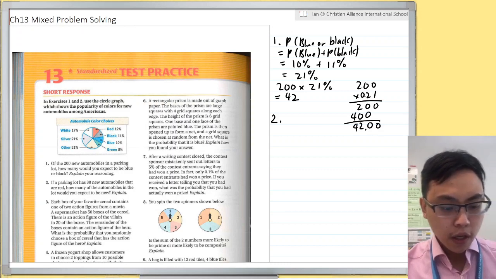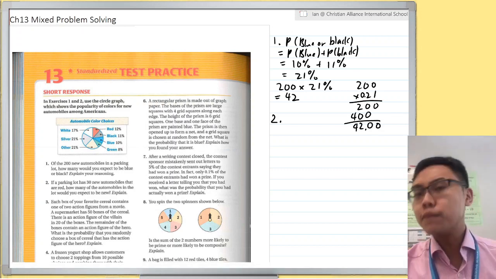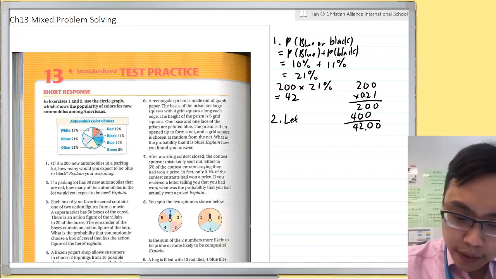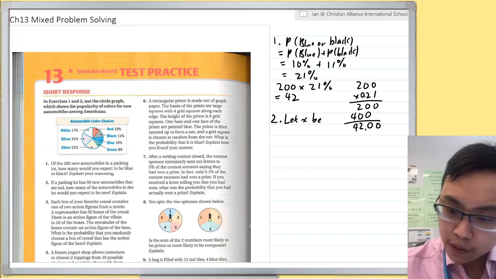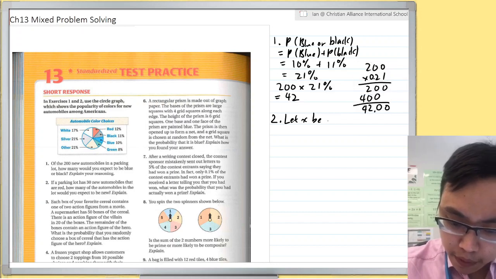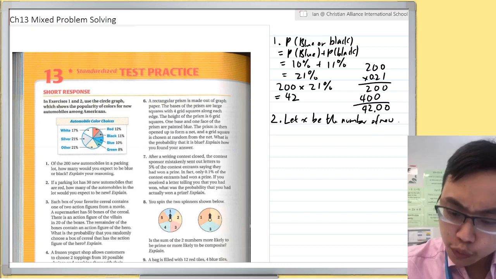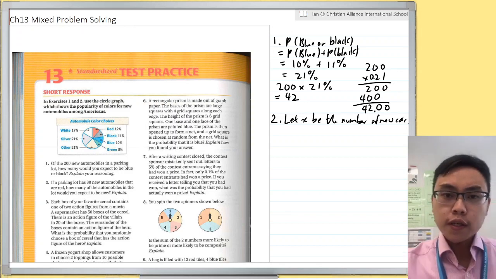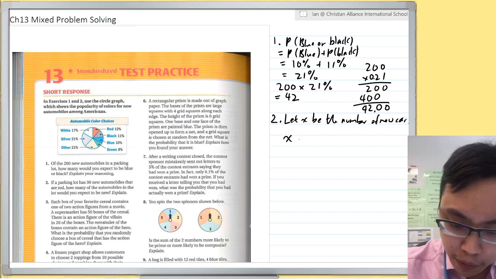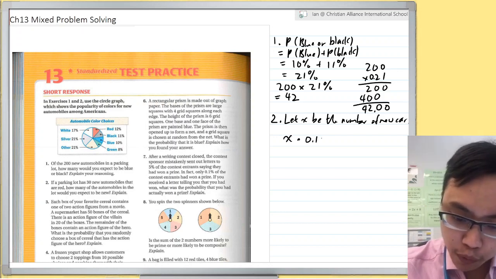So how many cars are new in the parking lot? Let X be the number of new cars. And so the number of new cars times 12%, so X multiplied by 12%, which is 0.12,